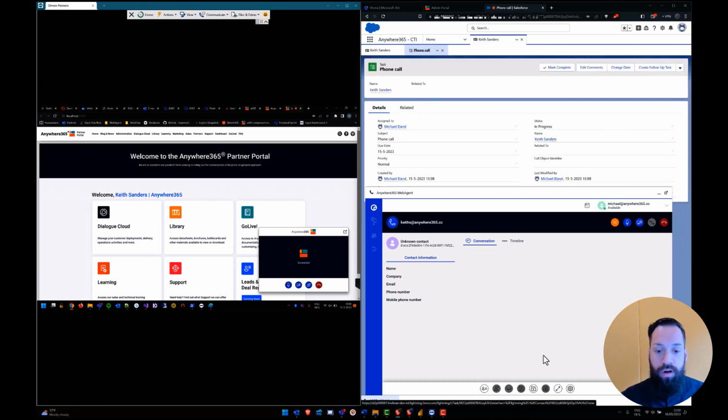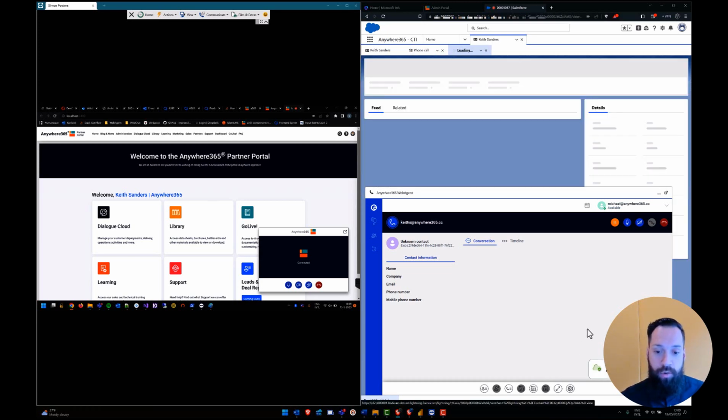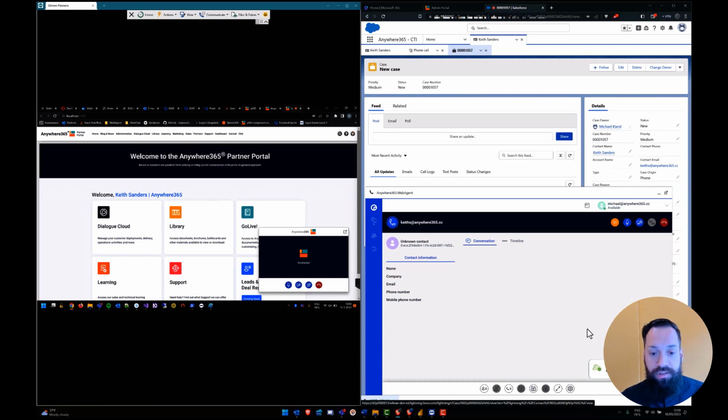So we know that there was a phone call between this customer and this agent, so your CRM system is always up to date. Or from here, you can also do a single click, create a case, and it will automatically populate the Salesforce environment where the customer and the contact are automatically linked. And as you can see, there are multiple ways to use the Anywhere 365 DialogCloud Infinity, either via phone, using transcriptions, or you could use a web client together with Salesforce and other CRM systems.